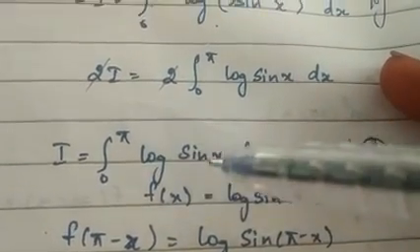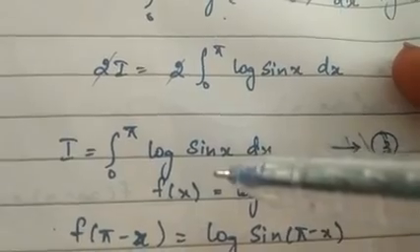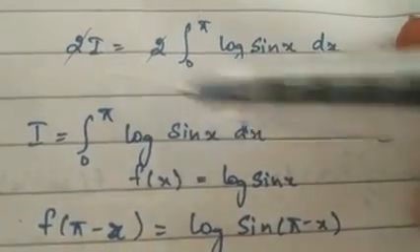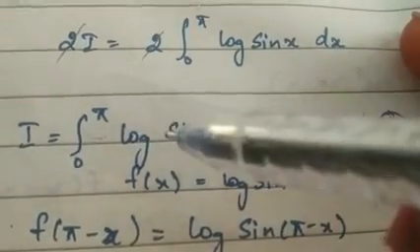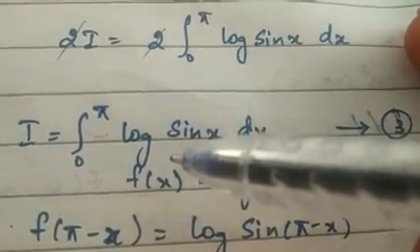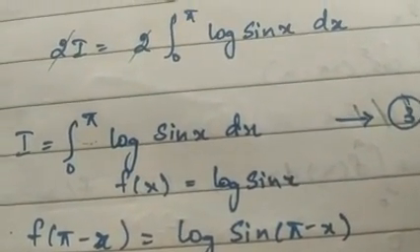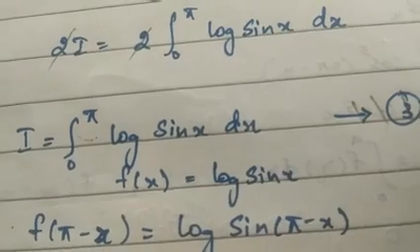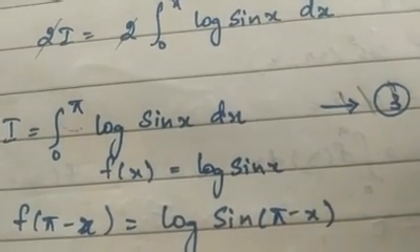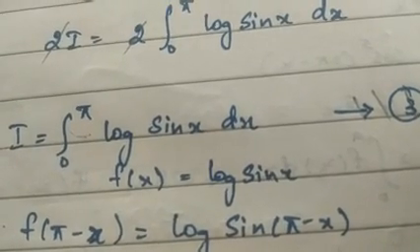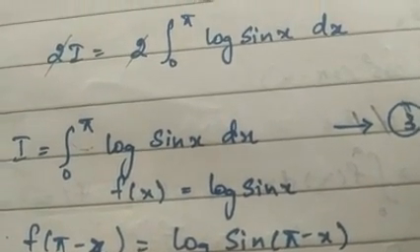Now what we can do here, in the example sum, if you see, it is from 0 to pi by 2 log sin x dx. So this pi we are going to convert to pi by 2. For that you can apply the property integral 0 to 2a f of x dx is equal to 2 times integral 0 to a f of x dx, when f of 2a minus x is equal to f of x. Take the property and see, pause for a minute, take the property and see.